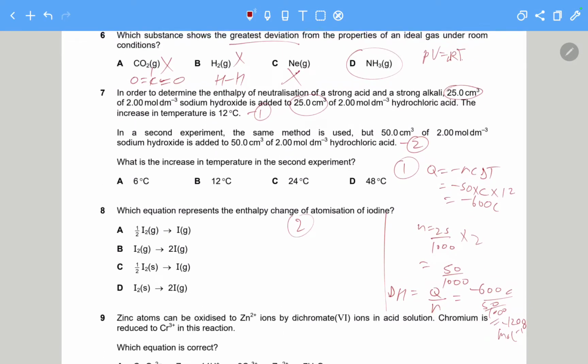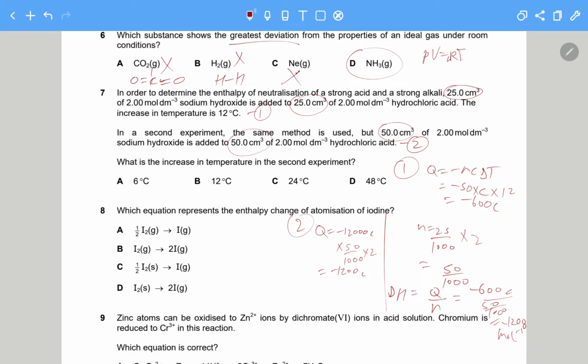Now let's talk about situation 2. Q is in this case equal to minus 12,000 C, because we know that m is equal to the total volume, and C we have taken as it is. Q is equal to minus 12,000 C times 50 over 1000 times 2, because 50 cm³ of sodium hydroxide and 50 cm³ of hydrochloric acid, and this will give us the value of Q, which is minus 1200 C, because remember we are doing ΔH equals Q over n, so Q will be simply equal to